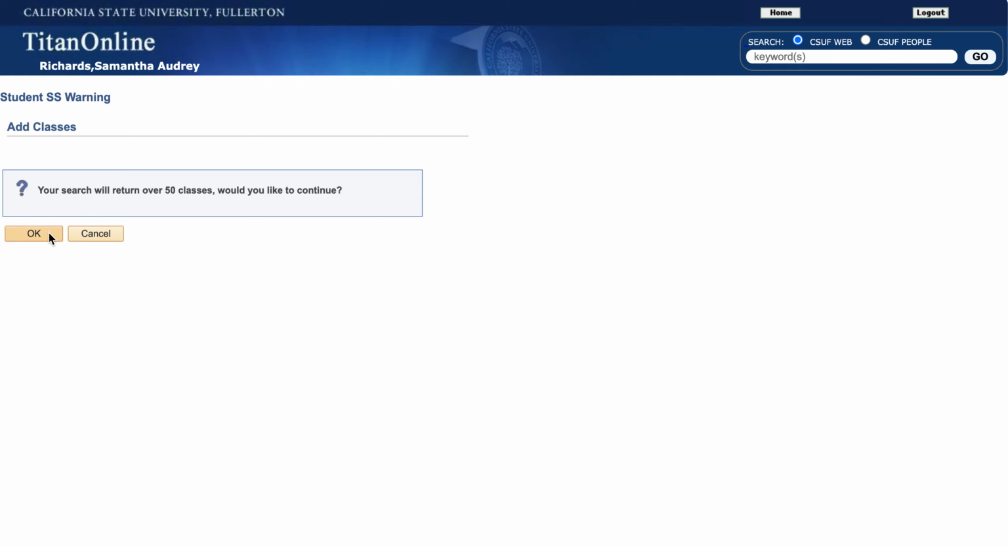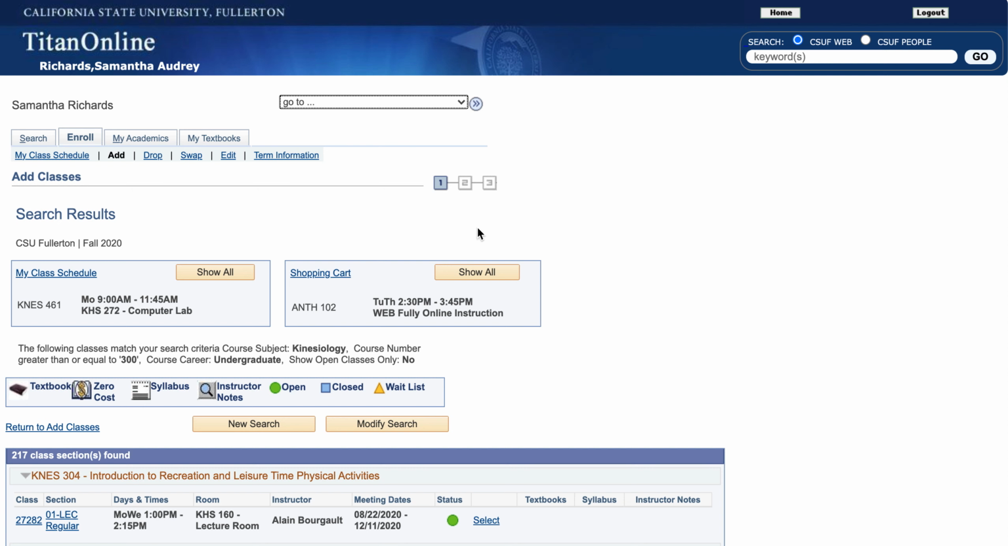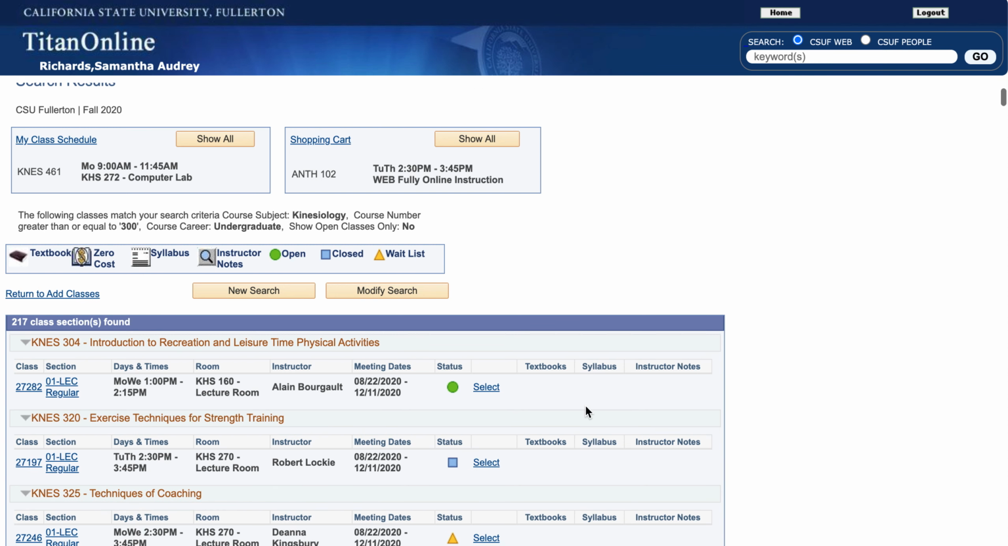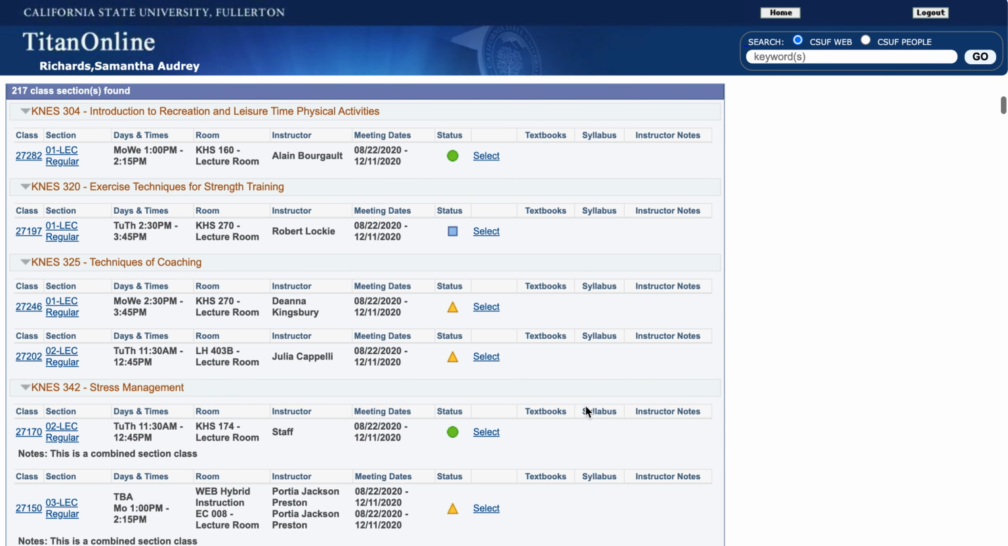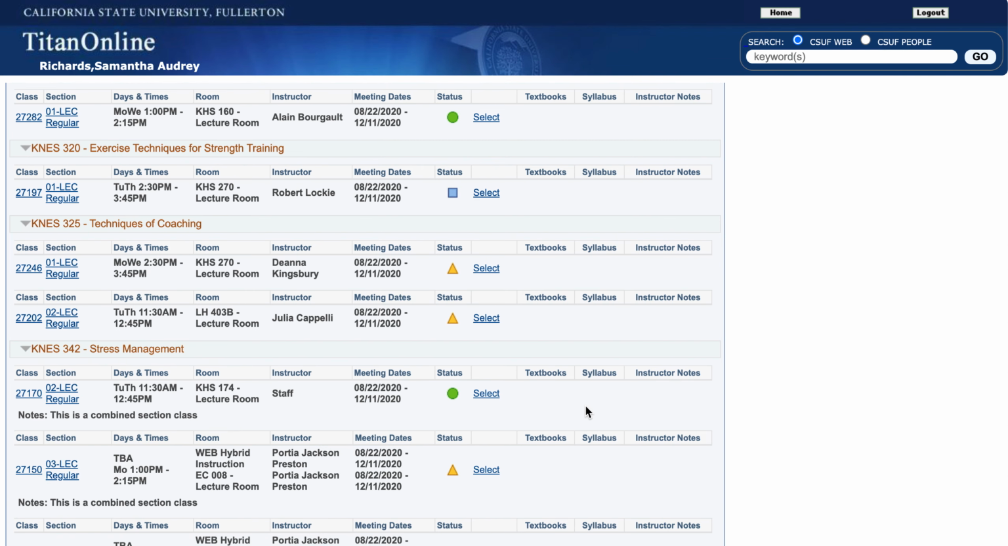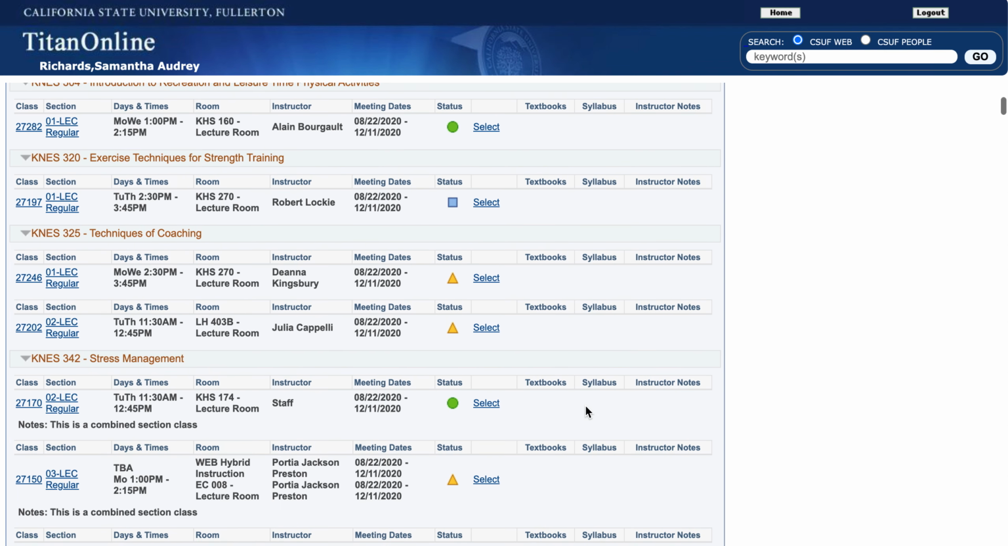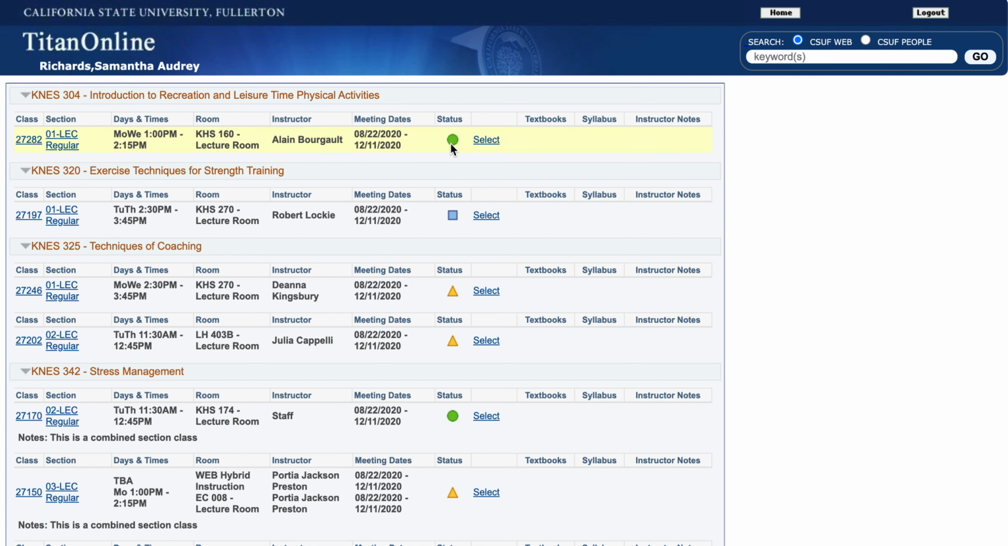This will return over 50 classes, but it's okay because I want to see my options. So therefore, I don't really mind and I don't feel the need to go ahead and pare that down further. But if you do, you can go ahead and cancel and modify your search with additional search criteria. Once we see now all of the options that we have for upper division kinesiology classes, I can scroll through and look and see that some of these classes may be open, some may be closed, and some may be